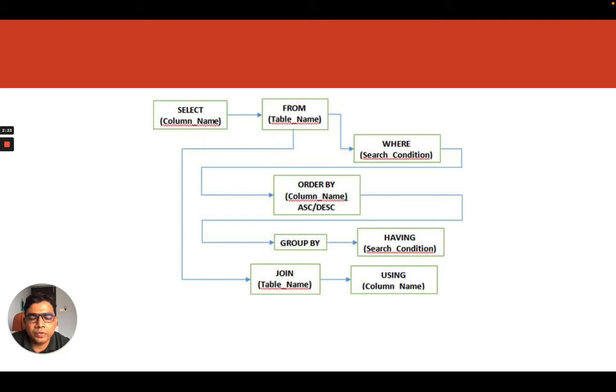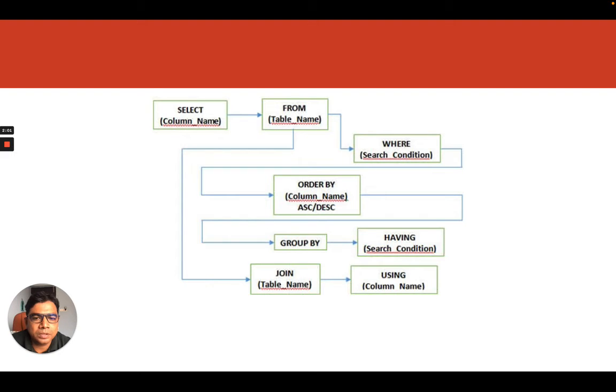So for example, we can have select column A, column B, column C from table 1, where the condition can be column 1 equal to, if the column name is suppose country, then where country equal to India. Then we can have order by column 2.